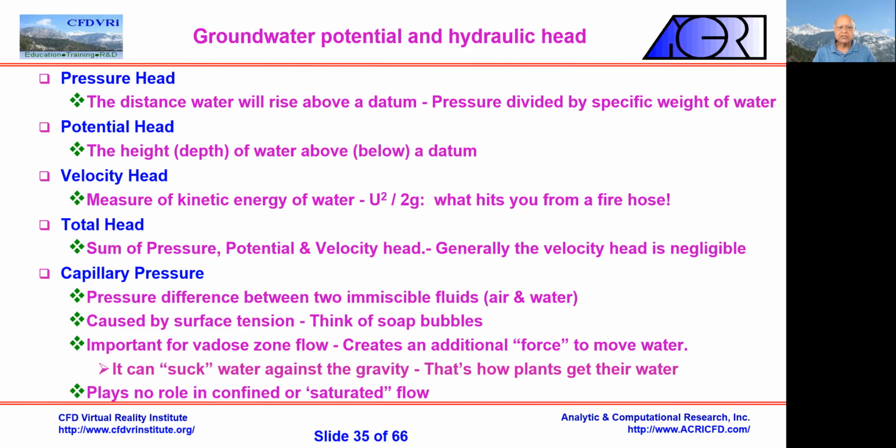And then, of course, the potential head means that we are above or below a certain datum. Okay, that's a term that is used, and that's always the term. Let's say we compare to the ground, compared to the water pressure at sea level, the pressure in Denver would be high. Okay, so the water there also has a potential head because it's at a larger elevation. Okay, then of course the water moves very fast.